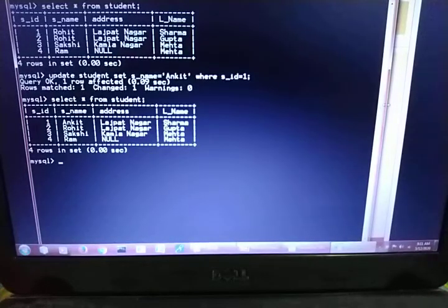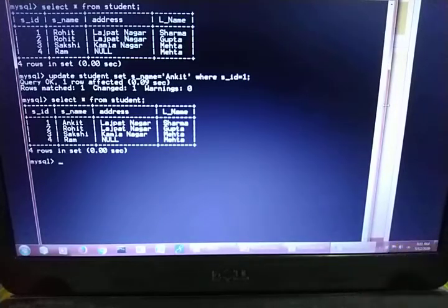So now I want to arrange my records as per the S name. Fine. So the question is: show all the details and arrange your records in descending order of the student's name.